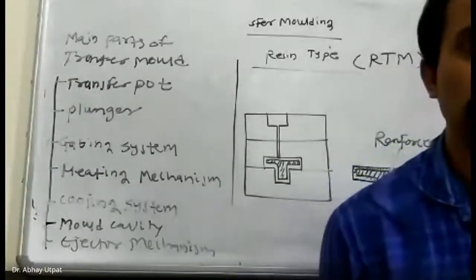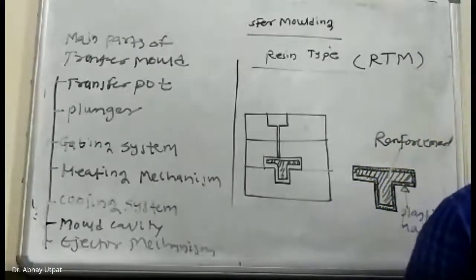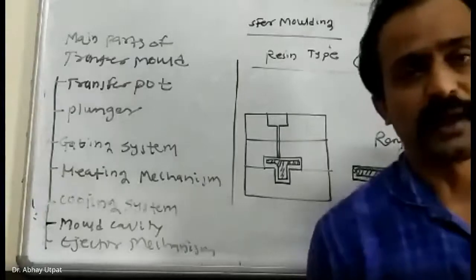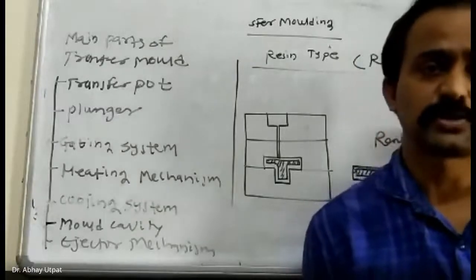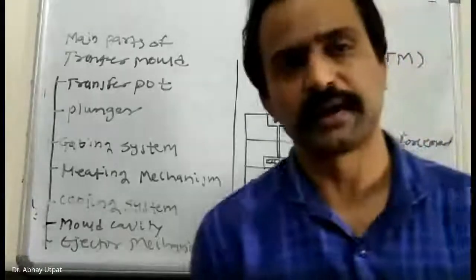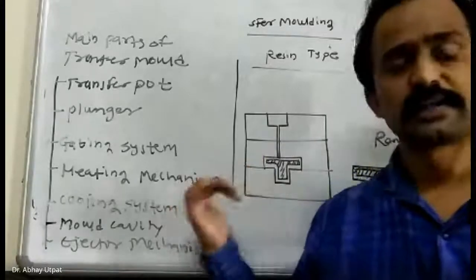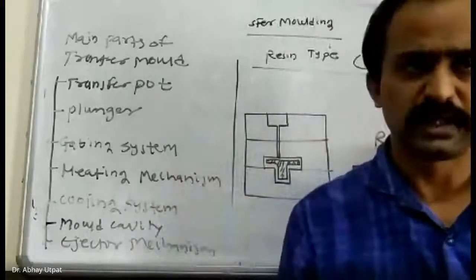So in today's class, what have we covered? We have covered the technology in transfer molding, then advantages, disadvantages and applications of transfer molding. Then we studied the types of transfer molding, resin transfer molding and the plunger type mechanism, as well as the different parts and automation possible in transfer molding. There is no design of transfer molding and design parameters, as it is very complicated. That's why we have studied only the design of compression molding. A question may be asked for 3 or not more than 4 marks in a subjective exam.